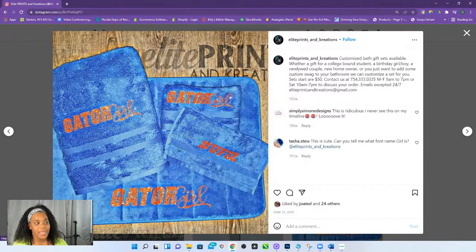Simple. And that was literally cut on scrap vinyl. That wasn't even like having to buy a whole roll. And that's how I know it was scrap vinyl, because I didn't have enough vinyl to do Gator Girl again. So I just put UF